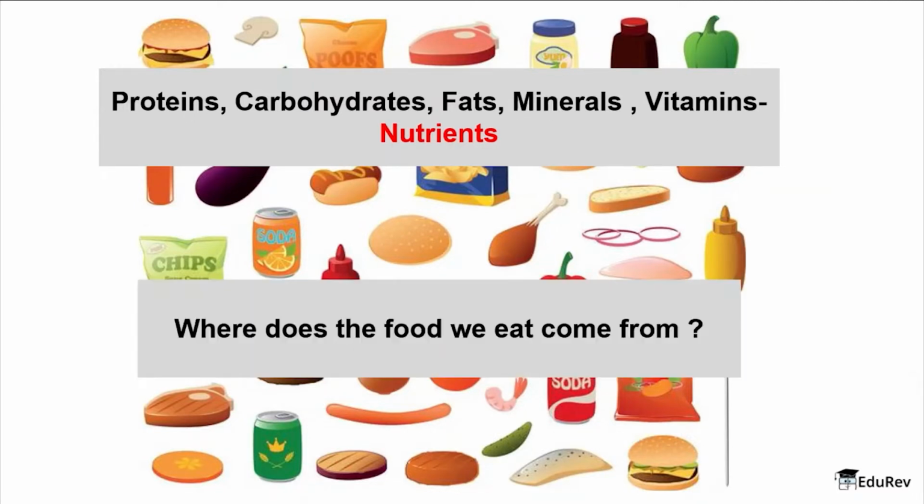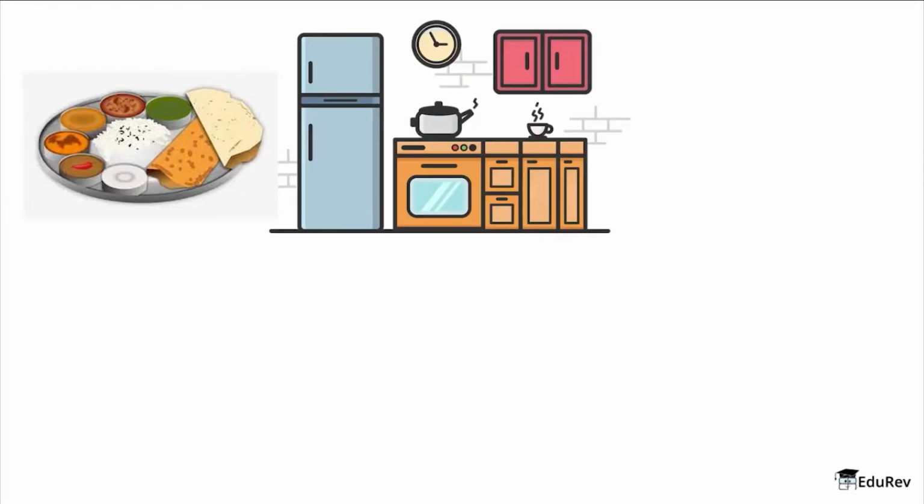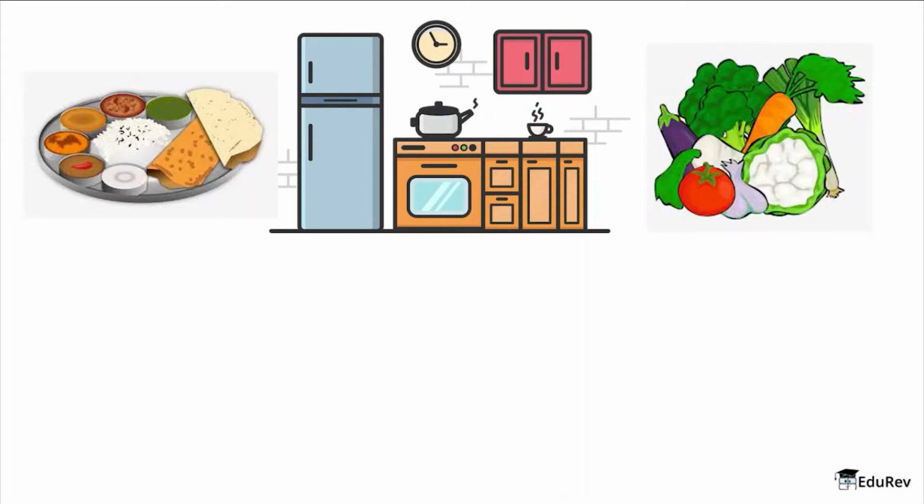But the question is, where does the food that we eat come from? Now if I ask you about the food that you just ate, where did it come from? I think you will give me a very simple answer that it came from the kitchen of your house where it was cooked with the help of certain raw materials, which is raw vegetables and raw fruits. But now if I ask you where is this raw material coming from, then we will have a realization,